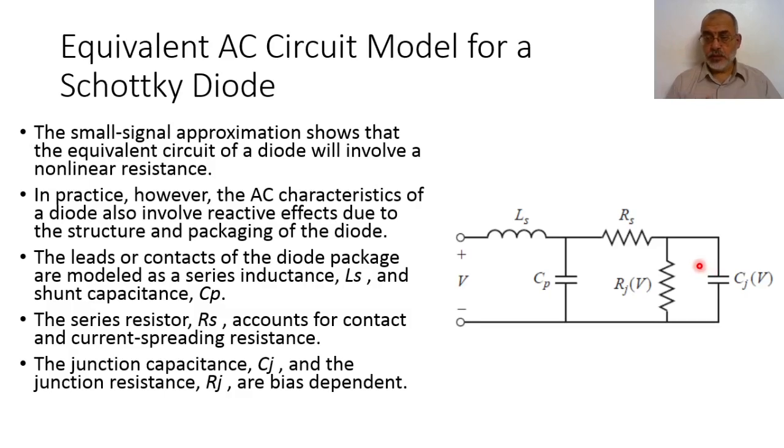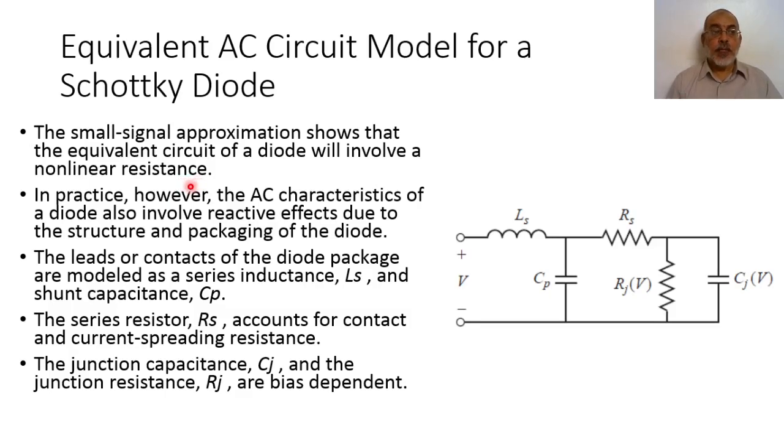And as we mentioned, the main advantage of the Schottky diode is that its junction capacitance is very small, so it can be used at higher frequency. So it is required to reduce the parasitic capacitance such that it does not affect the junction capacitance. So we say that the small signal approximation shows that the equivalent circuit of the diode will involve nonlinear resistance, and this nonlinear resistance is based on I saturation multiplied by e to the power alpha V minus 1, which we have discussed in